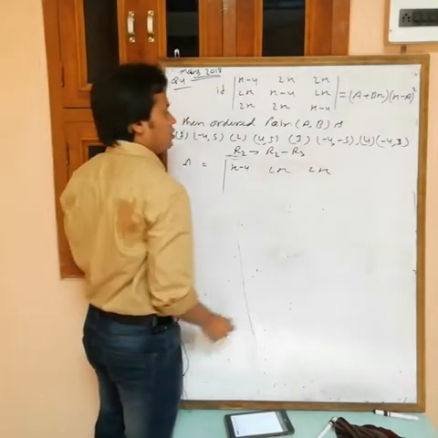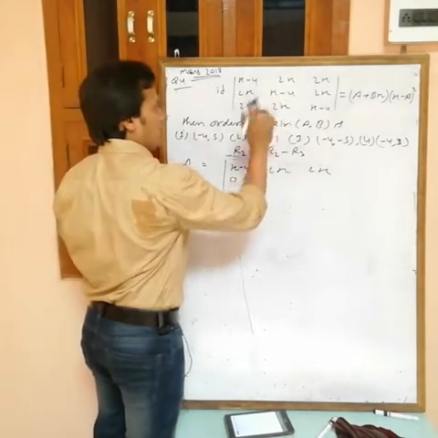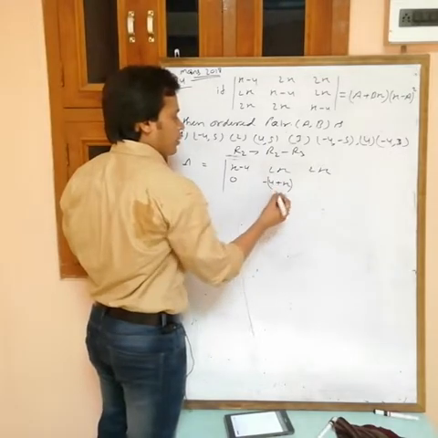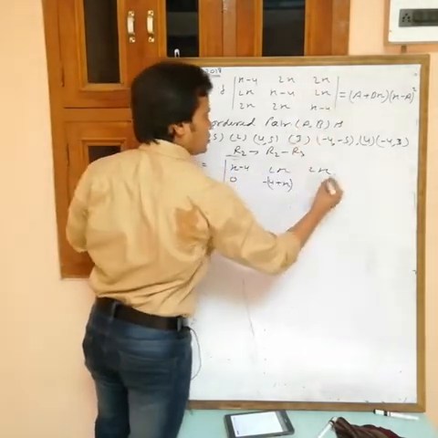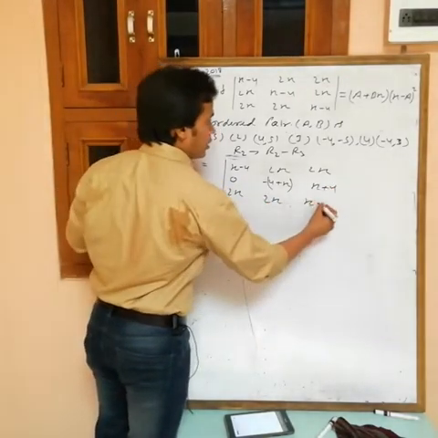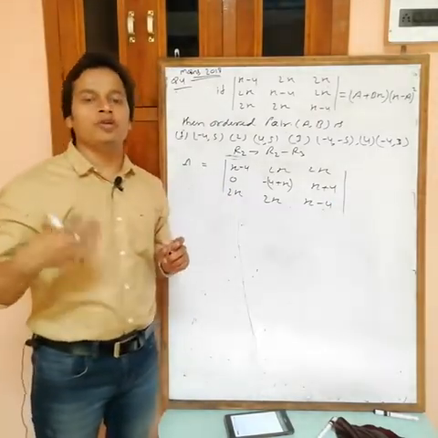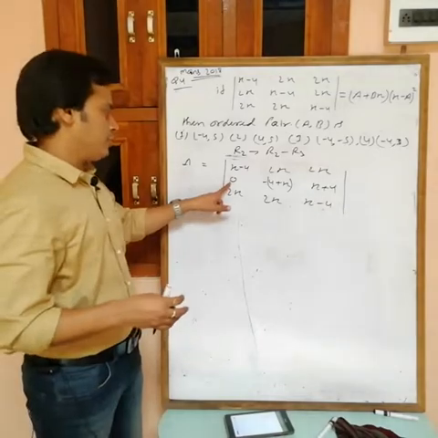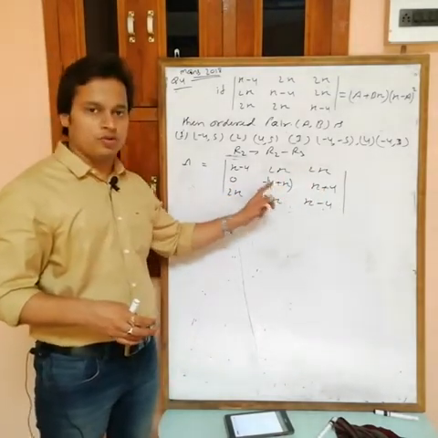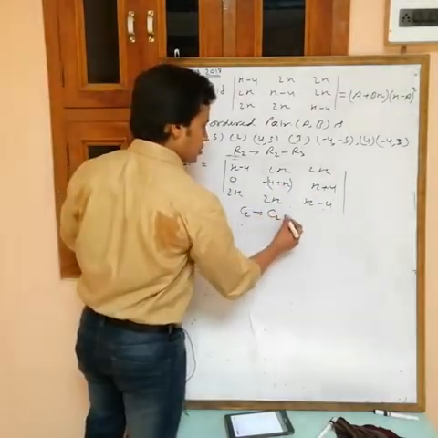So x minus 4, 2x, 2x. In R2 what we are doing? R2 minus R3: 0. This one minus this one is minus 4 minus x; if you take common minus, then minus of (4 plus x). This one minus this one is x plus 4. Then 2x, 2x and x minus 4. To solve any determinant, try to make two zeros in one row or in one column. Now there is a 0, and if you add this one and this one, then this also becomes 0. So I am using that. This is C2, this is C3. C2 goes to C2 plus C3.